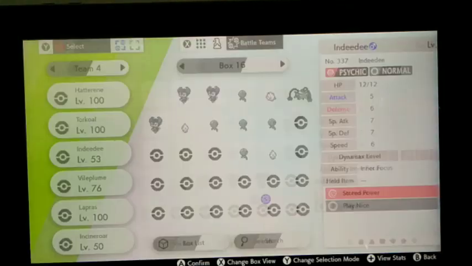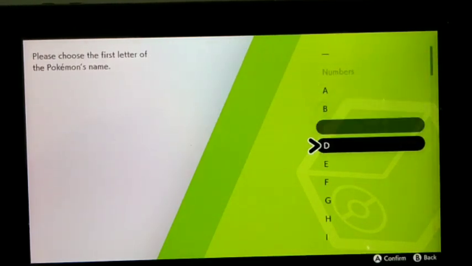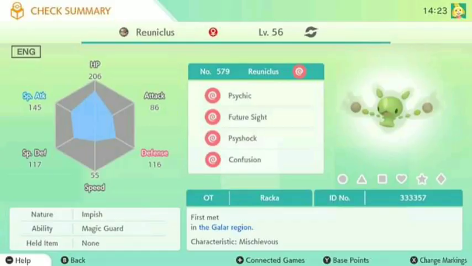Also, Reuniclus can hit damage. It can set up the Trick Room and Dynamax and hit hard. Yeah, that's the Trick Room setter that can hit for damage, Dynamax and hit a lot of damage after setting up a Trick Room. Also some Trick Room setters such as Nidoking and Gothitelle can also set up the Trick Room and can damage and